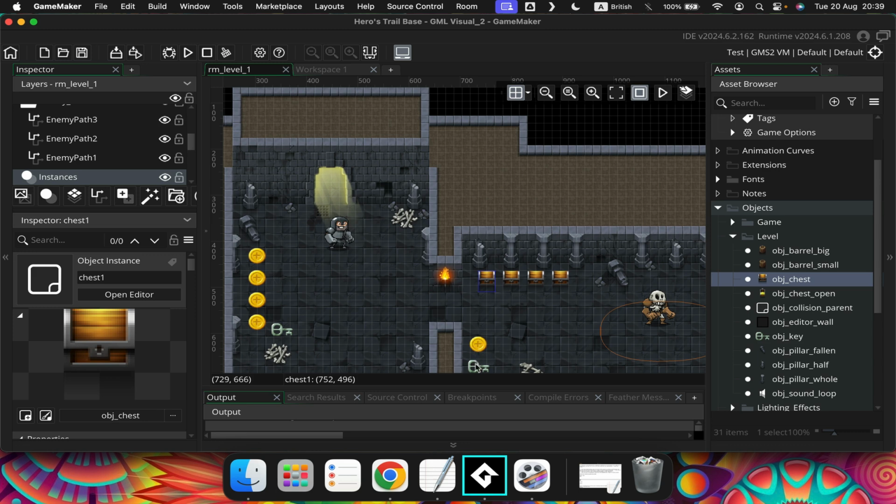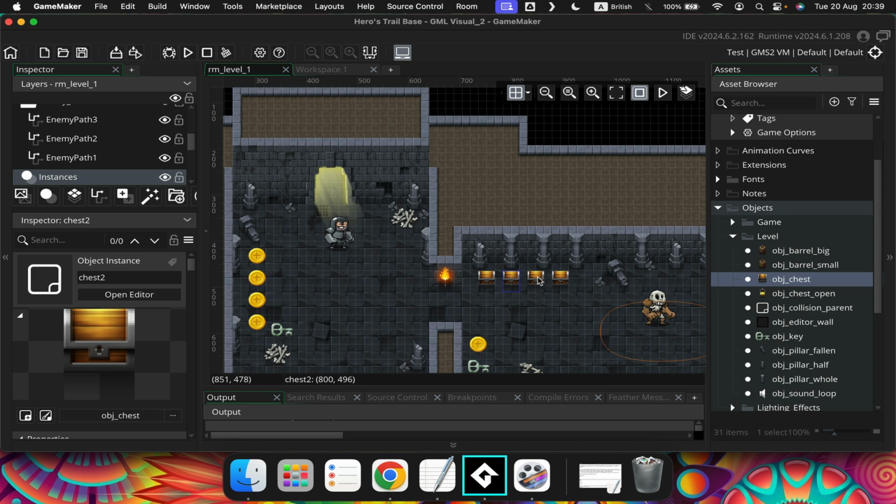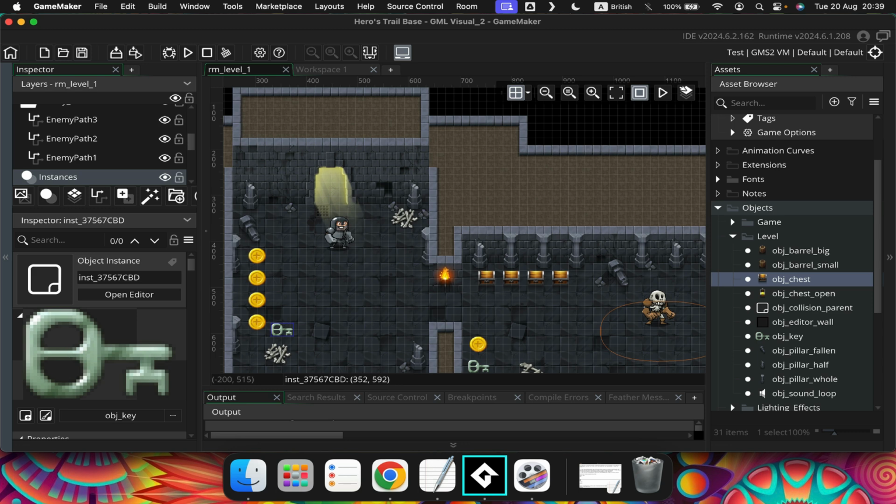We need to pair them up. Now, it doesn't matter if you've got 2 keys or 5 keys or 20 keys. You need to establish a relationship between a key and a chest. Now, some chests will be unlocked by default. Some chests will be locked and you will need a key. Right, okay, so